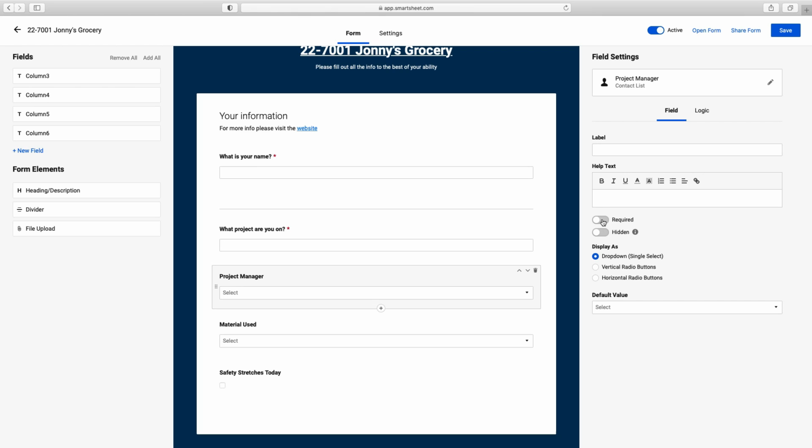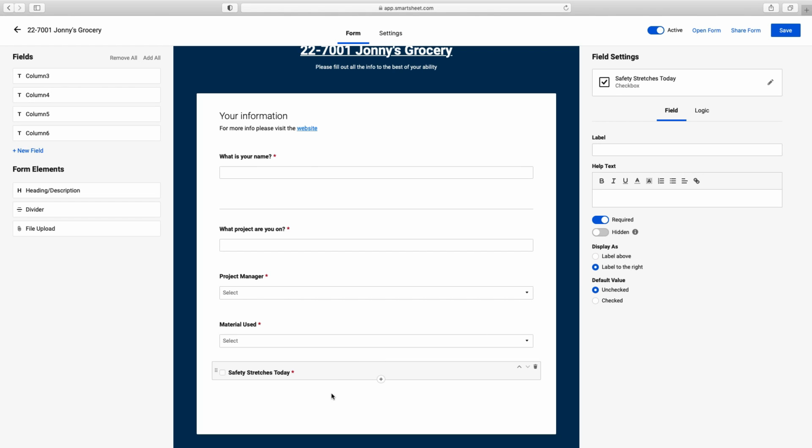This is a required field. We'll make this a required field, and this a required field. And you don't have to have the checkbox there. If you do this, you can have it right next to you. If you do a multi-select, you can do, like for this one, material used, you can do,